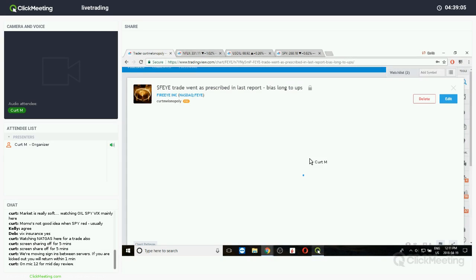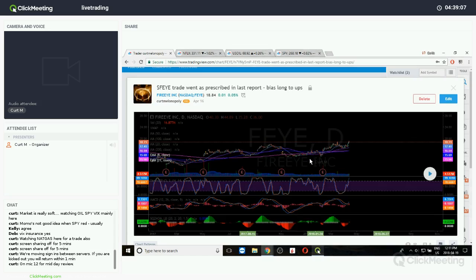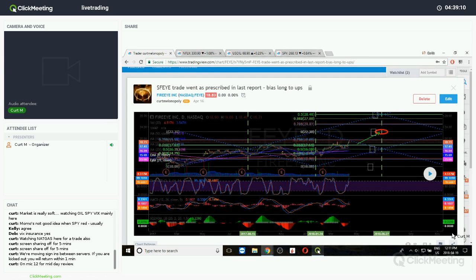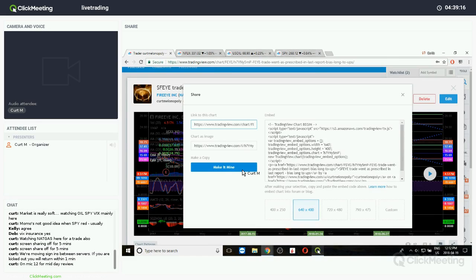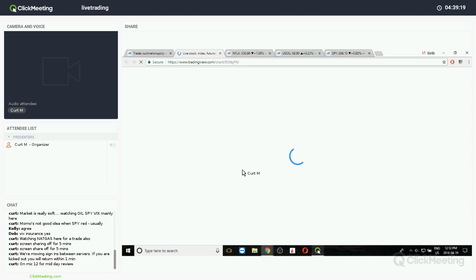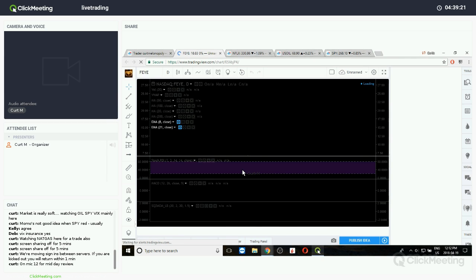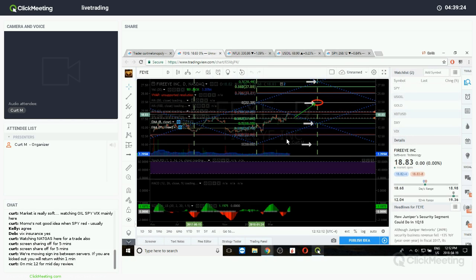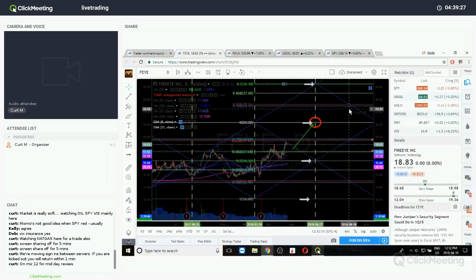FEYE. Definitely one I want to take a look at here. So I was chatting with one of our traders today on Twitter, and I had comments to this, but the bottom line is that it's right up against. He was thinking about going long, and I alerted him to the fact that there was a quad wall there, so that's why it's stuck, and there's 2 fib resistance points right over top.